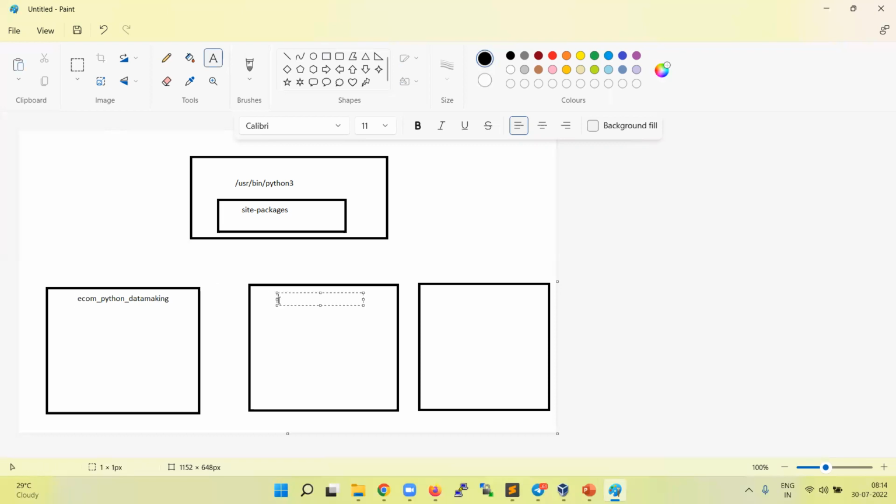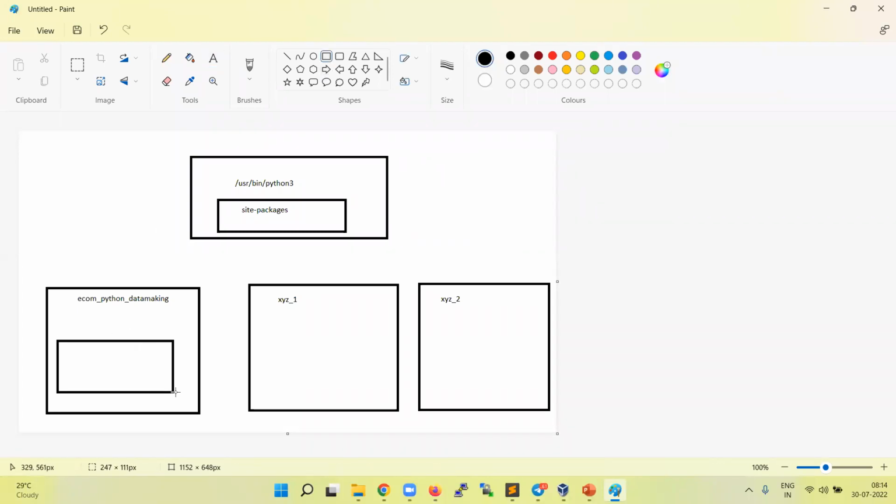This one may be some XYZ_1, and another Python environment I can name XYZ2. When you create a Python environment, it just takes the runtime alone, and whatever package you install will be available only for this.